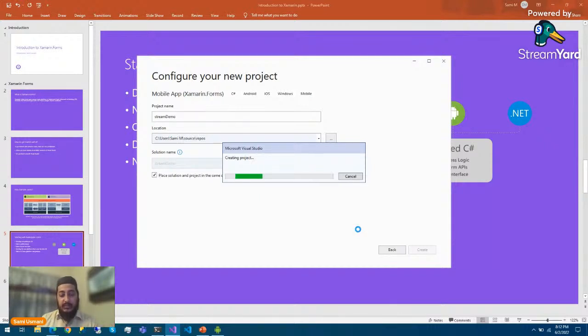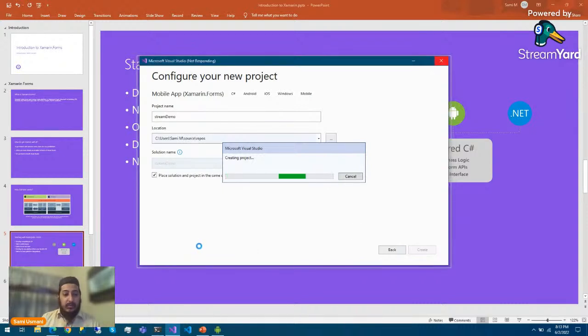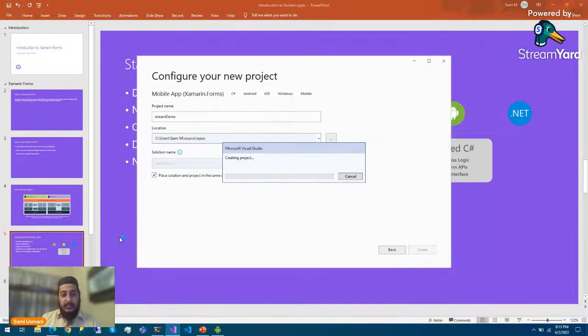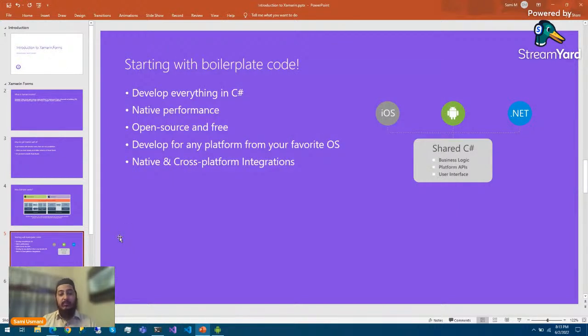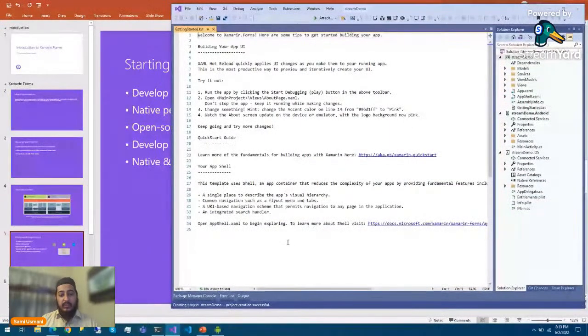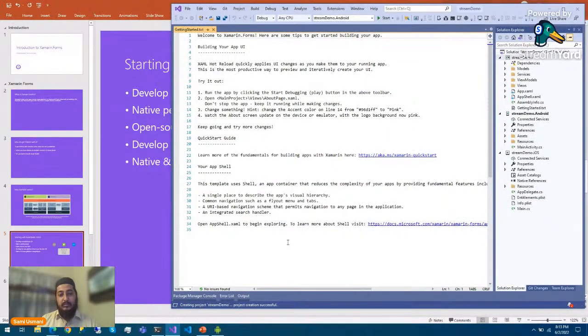It is its first run, and depending upon your machine and your environment, it may take a small time or a little bit longer. Until it is working, we should keep in mind that we have multiple options to run the application after we build it. First, you can connect your actual phone and debug your application on your actual device.